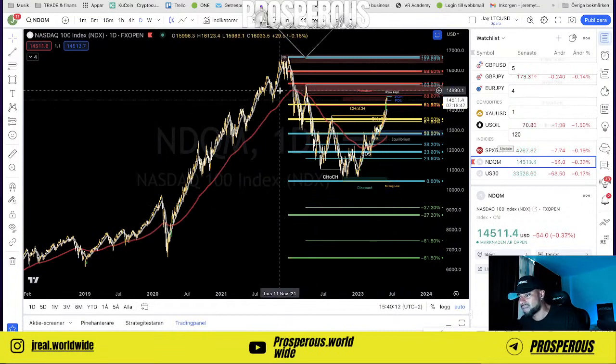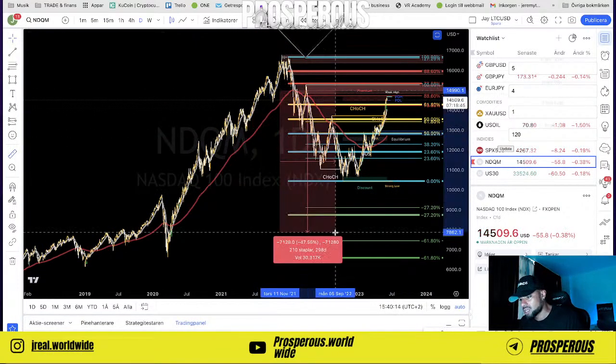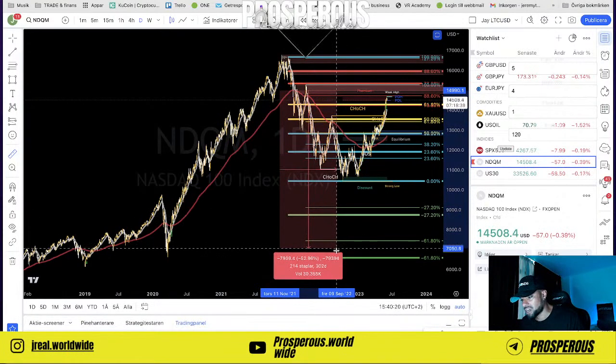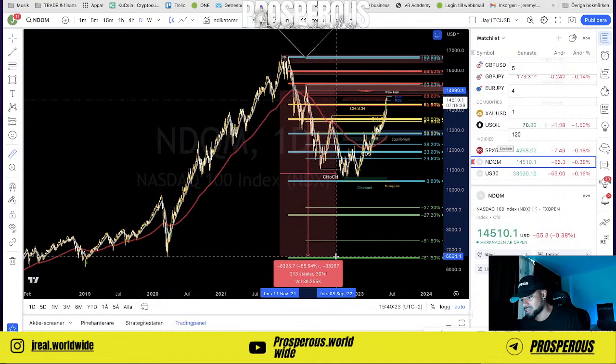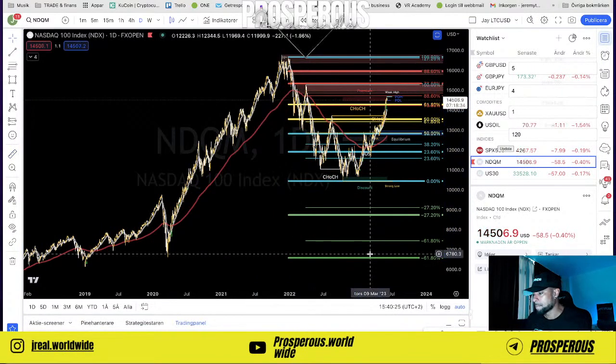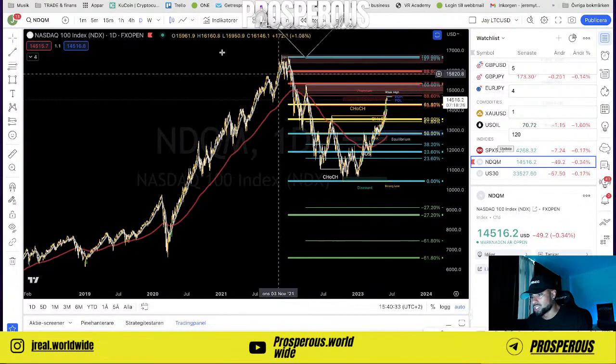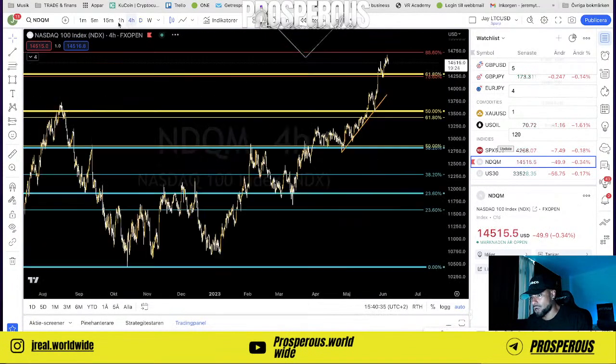That is a lot of pips for people to catch. 41% from there. If it goes all the way here, we're talking about 55%. So yeah, man, hardcore. Our NZD CAD is 6 pips in profit so far. That's something. Yeah, so this is what I'm seeing for NAS